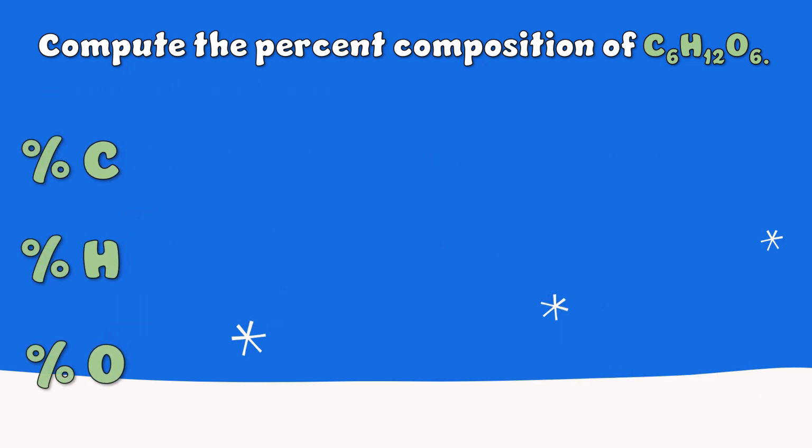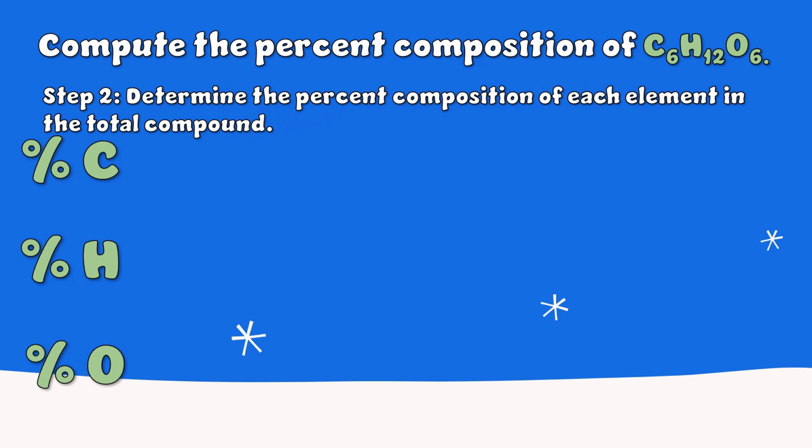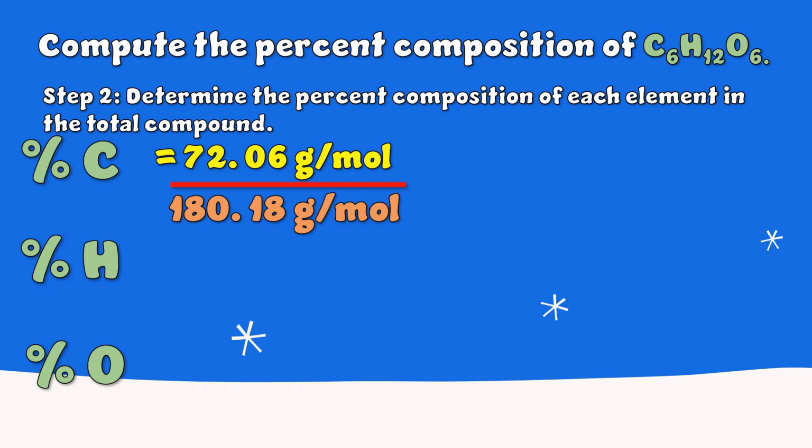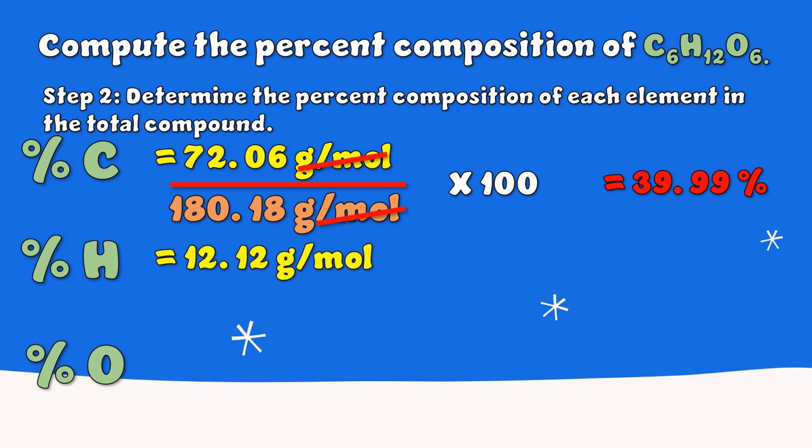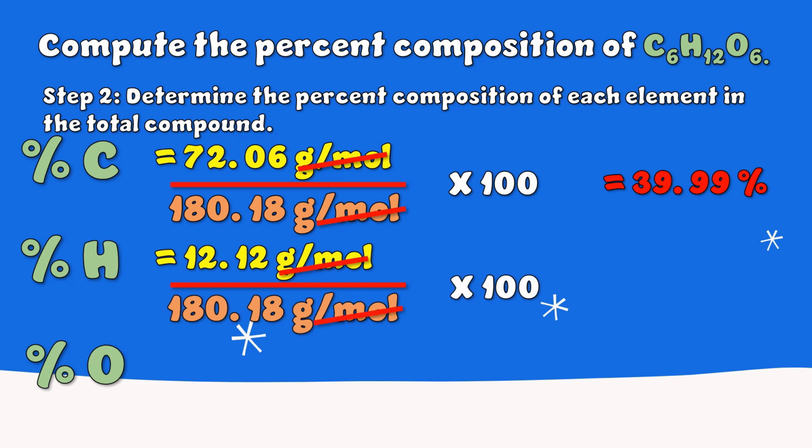Step 2. Determine the percent composition of each element in the total compound. To compute the percent of an element, divide the mass of the element by the total mass of a compound times 100. Let's start with the mass percent of carbon. The mass percent of carbon is equal to 72.06 grams per mole divided by 180.18 grams per mole times 100. Cancel the common unit. The answer is 39.99%. Next, the mass percent of hydrogen is equal to 12.12 grams per mole divided by 180.18 grams per mole times 100. Cancel the common unit. The answer is